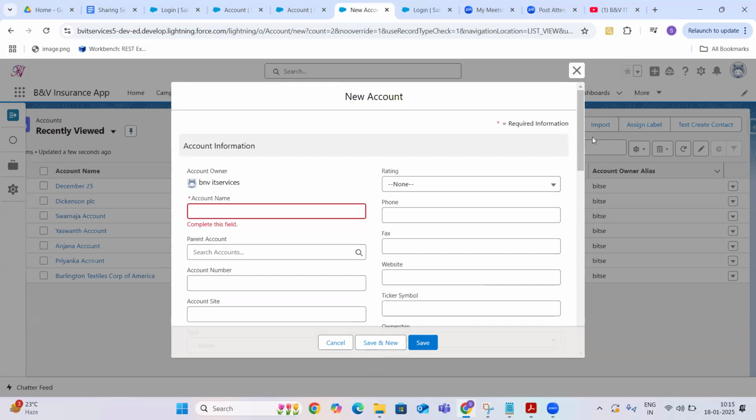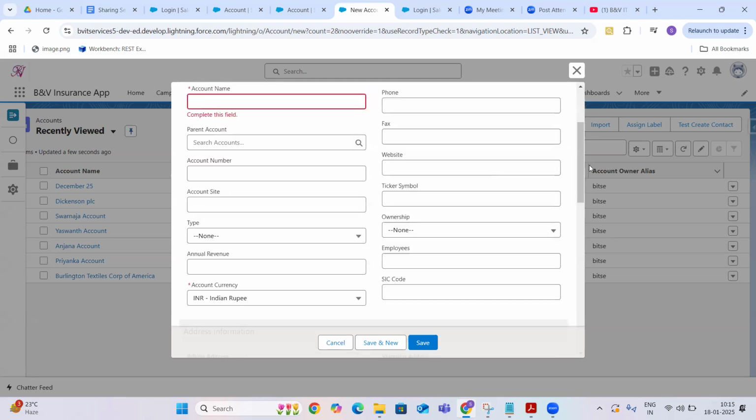There are two ways, guys. For example, this is your requirement: whenever creating an account, if the user doesn't provide the account type, then don't save the record. That is the requirement. They'll ask you how you can achieve this. There are two ways.